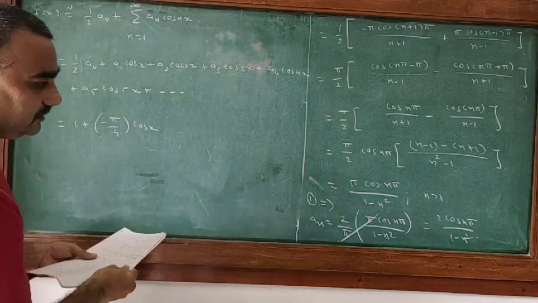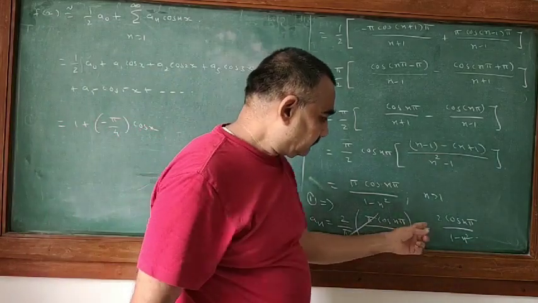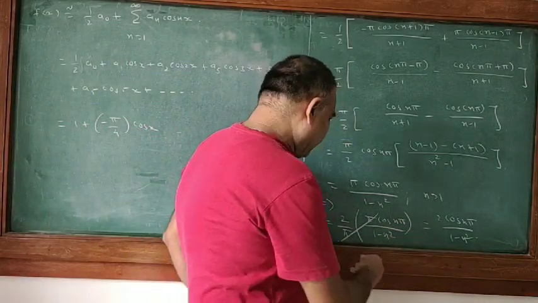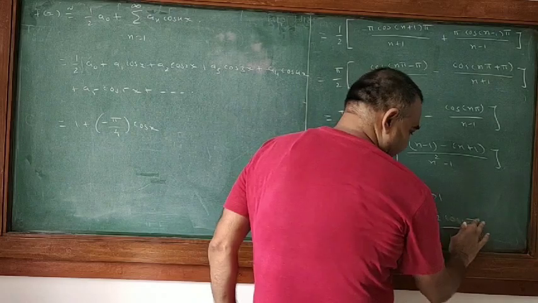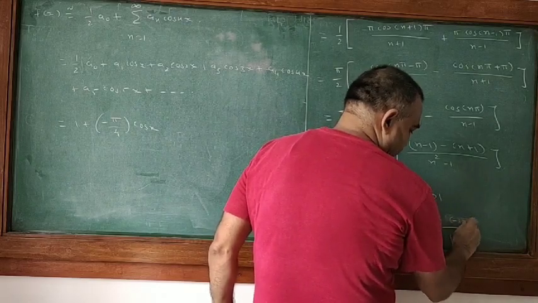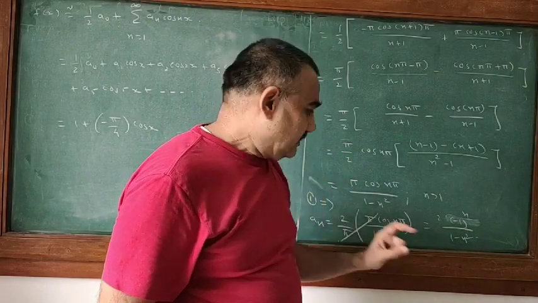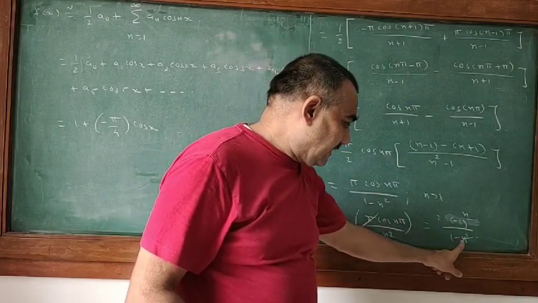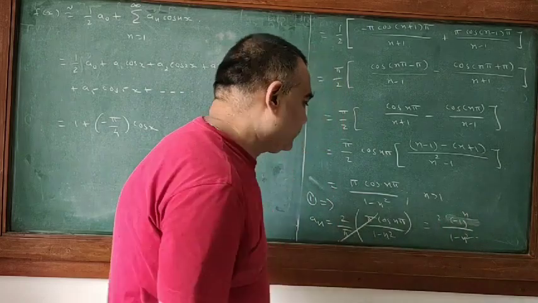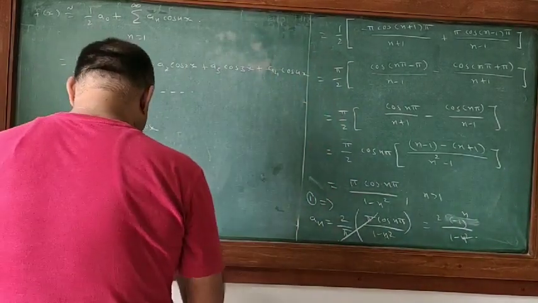Value of a2, see, this is value of an. Cos n pi, minus 1 raised to n. N is 2. So it is 2 upon 1 minus 2, 1 plus 2. So it is plus